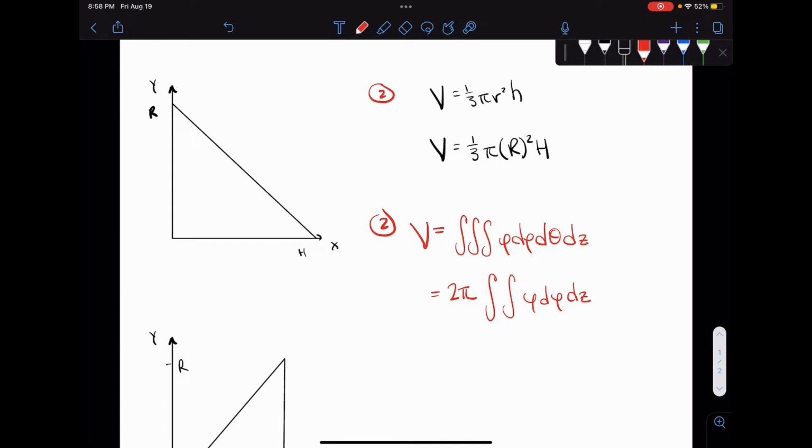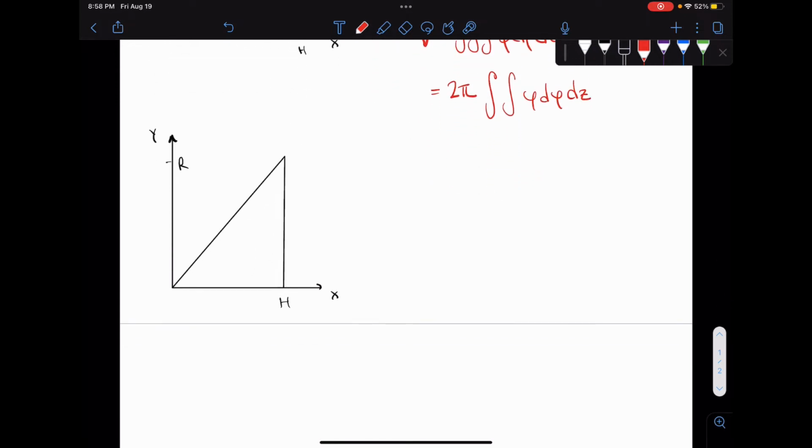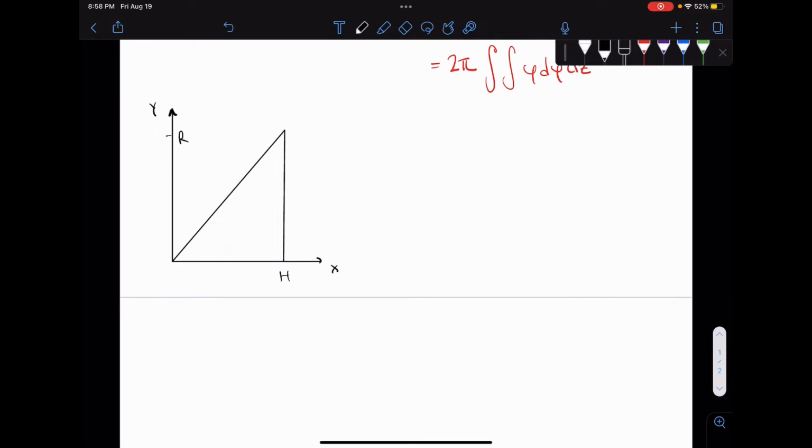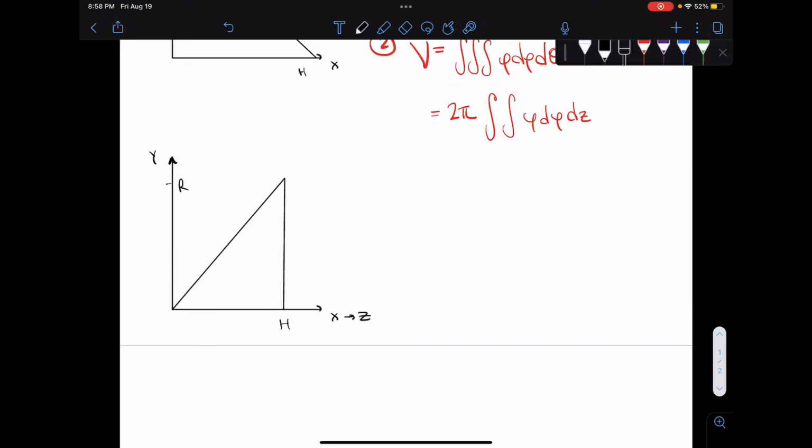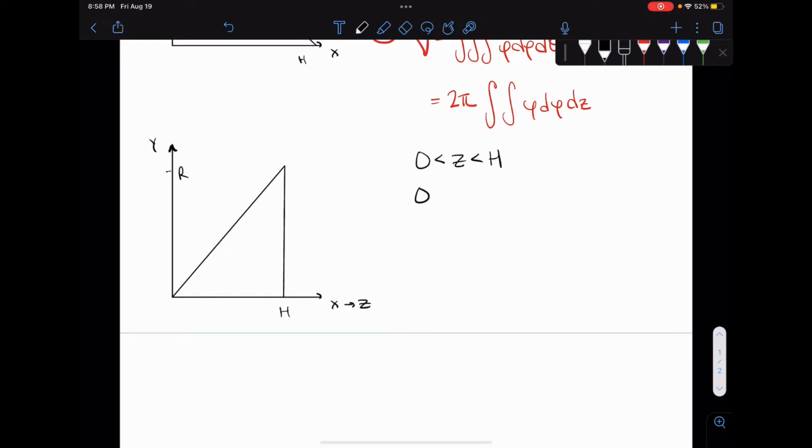On the z-axis, which I flipped this graph around so it's easier for us to have a line and some limits that we can work with, your z-axis is going to become what was your x-axis. So if we do 0 all the way to h for z, there's one limit. And then for our rho, which is our y,